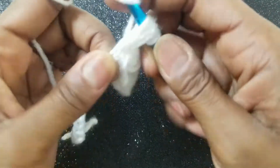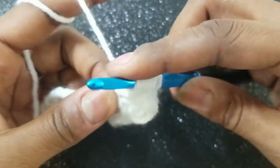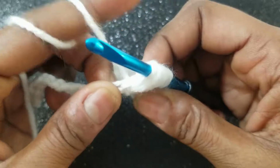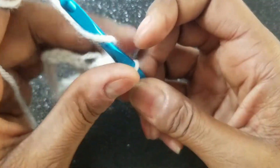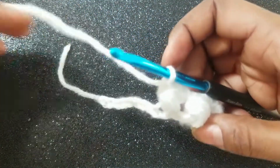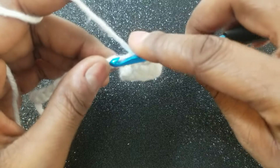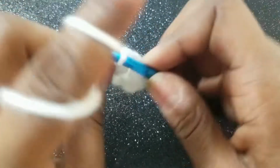that's 3, this is going to be the 4th one. Pulling it through, chain 1. That's repeated along this first row until you finish it. Skip one, do one more with you. Double crochet into the next stitch,